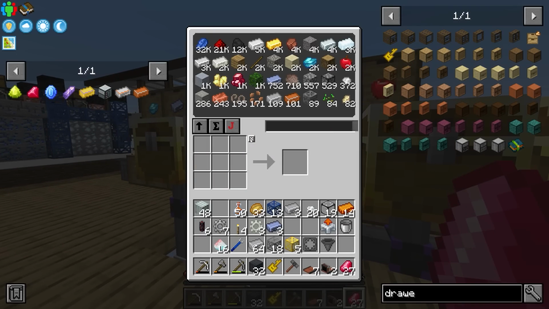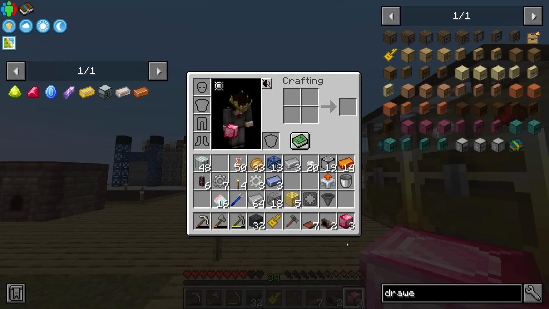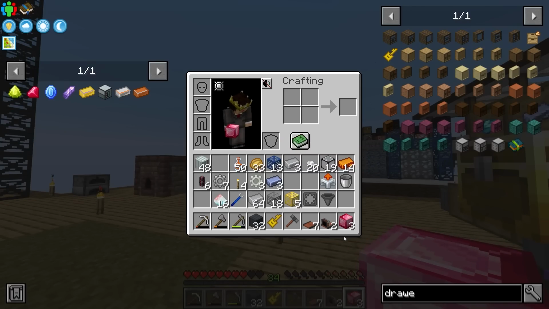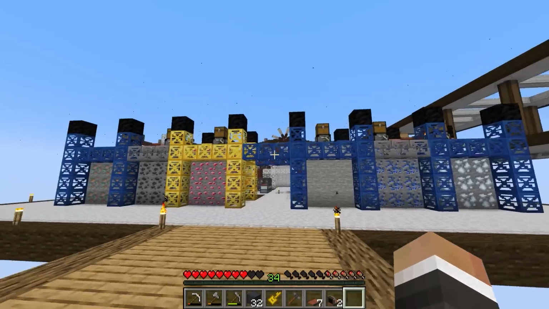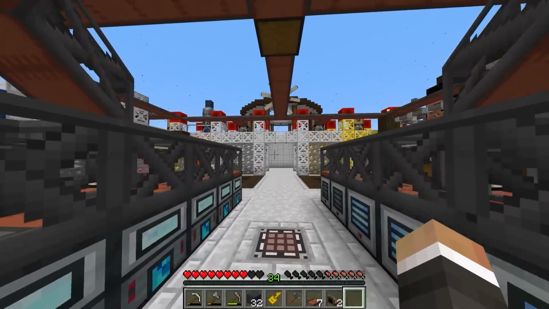We can, of course, take those and we can start crafting them into blocks of ruby. We only need 4 blocks of ruby to unlock the diamonds and emerald. We also need 4 more advanced Technium, which I think is probably doable, actually. If I go and get some more steel gears. We do need 16 steel gears to make that happen, but everything else I think we have ready to go,